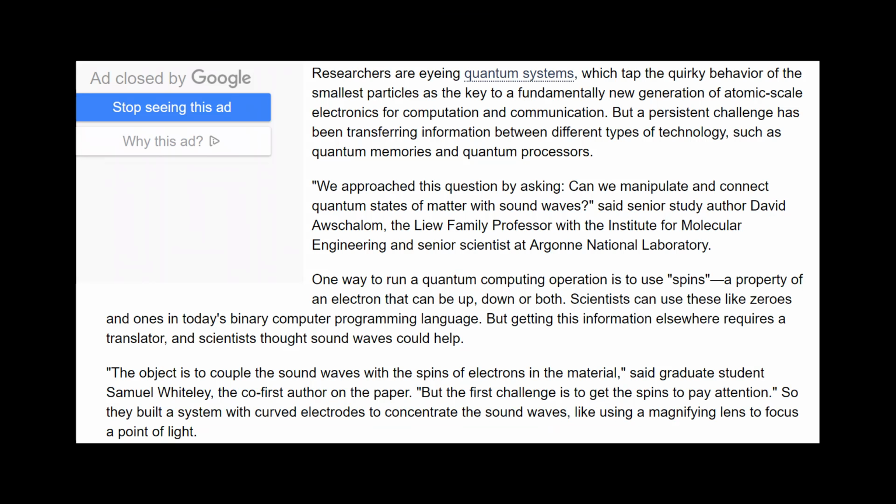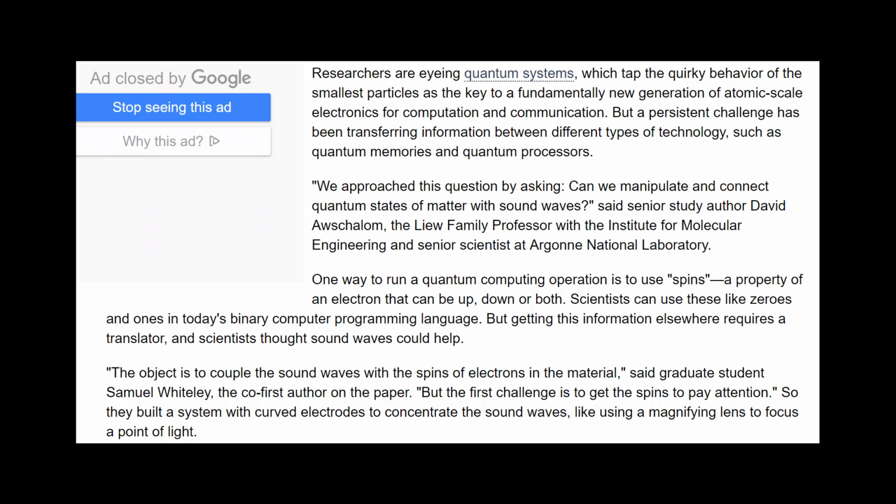Researchers are eyeing quantum systems which tap the quirky behavior of the smallest particles as the key to a fundamentally new generation of atomic scale electronics for computation and communication. But a persistent challenge has been transferring information between different types of technology, such as quantum memories and quantum processors. We approach this question by asking, can we manipulate and connect quantum states of matter with sound waves? Said senior study author David Awschalom, the Liew Family Professor with the Institute for Molecular Engineering and senior scientist at